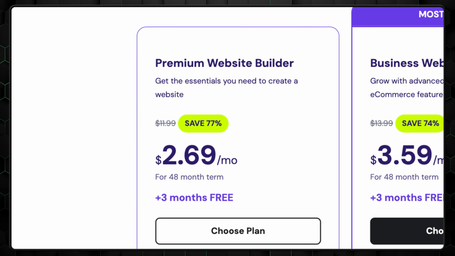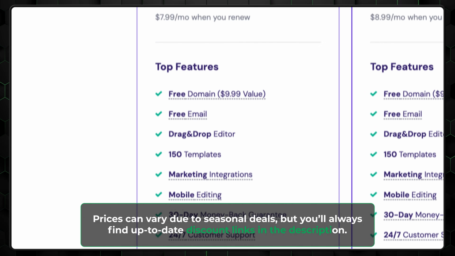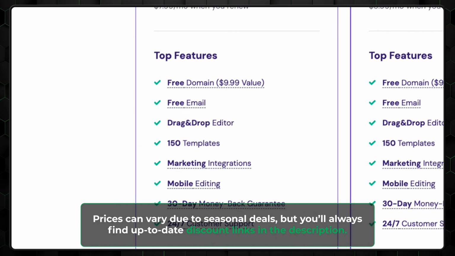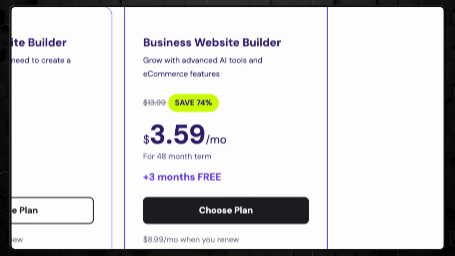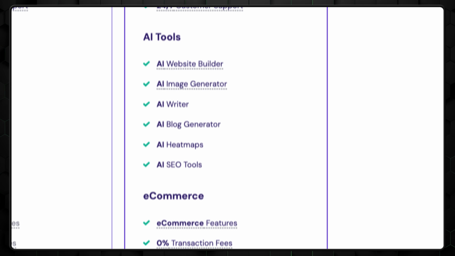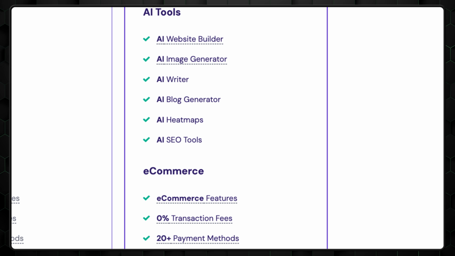Hostinger is an excellent choice for a budget-friendly website builder. Even their premium website builder plan is sufficient. However, I recommend paying those 90 cents extra and going with the business website builder from the get-go. You'll get e-commerce features and, most importantly, fully supported AI tools, which will definitely come in handy for building your